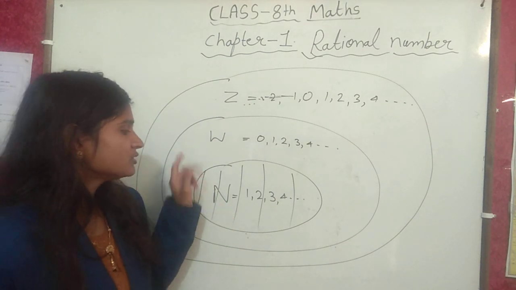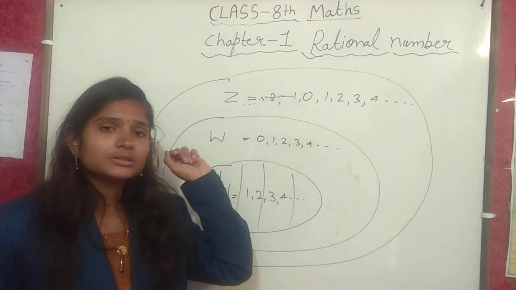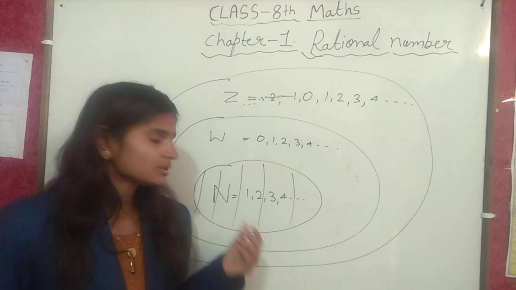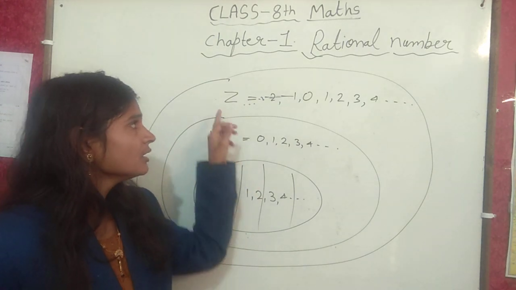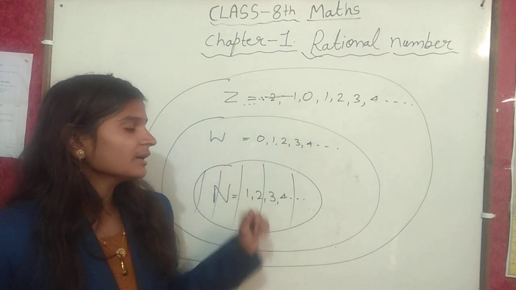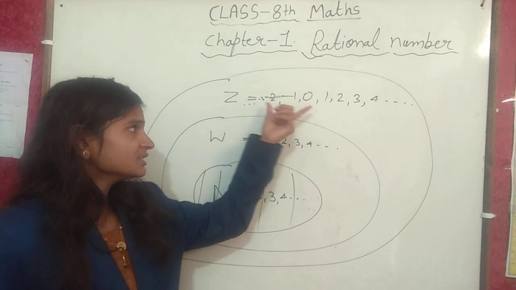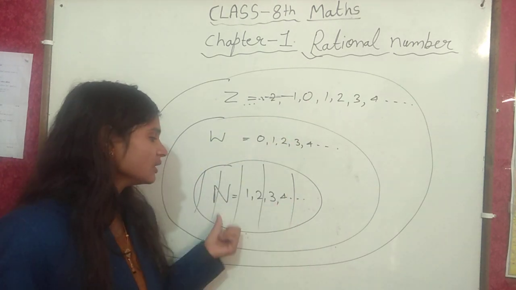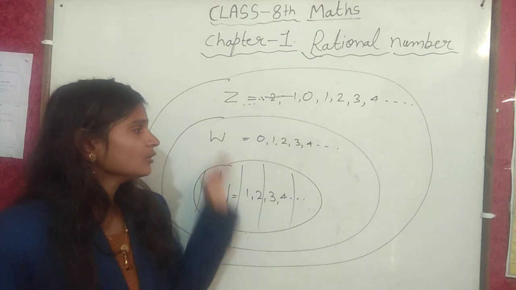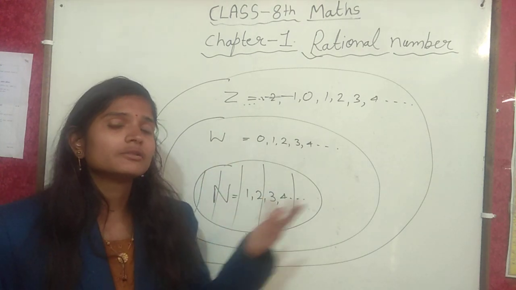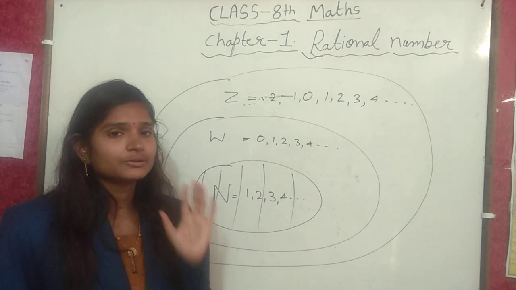Now when you ask whether all natural numbers are integers, the answer will be yes, all natural numbers are integers. But when it is asked whether all integers are natural numbers, you will say no, because in the integers negative numbers are also included, and in the natural numbers they are not included. This way you can make many questions and solve them. So I think you have learned that.